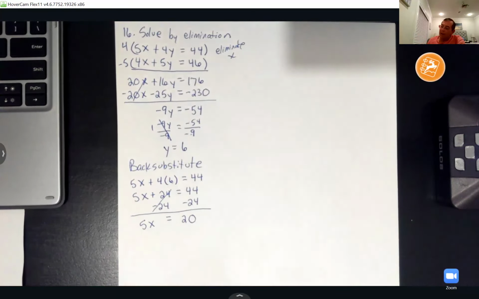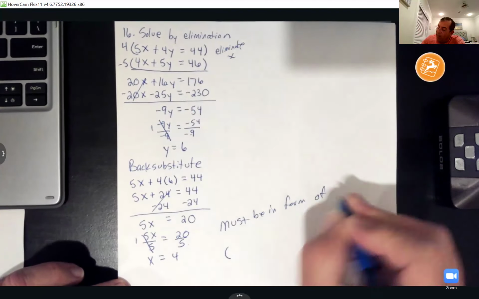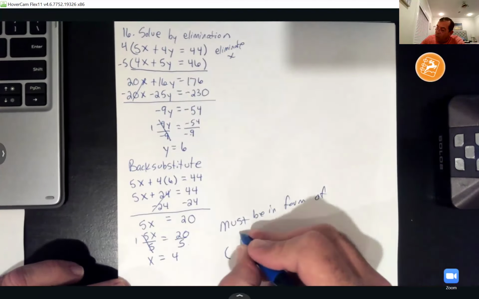Now, here's the big thing on this problem. When this problem is put in MATLAB, it's got to be in the form of an ordered pair. So it must be in the form of ordered pairs. Okay? So the x goes first, then the y. So you're going to have a 4 for the x, a 6 for the y, and then close your parentheses. Gotta use parentheses on that one, y'all, or it will mark y'all